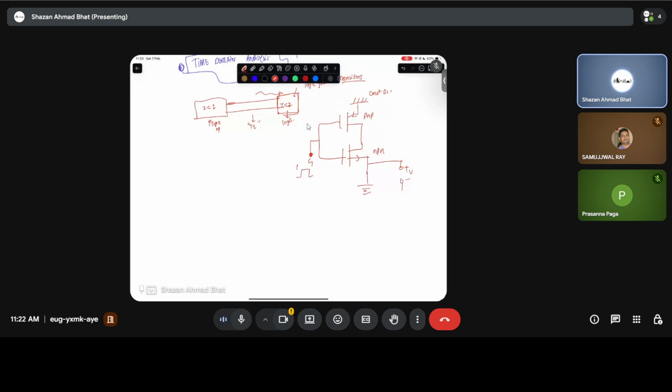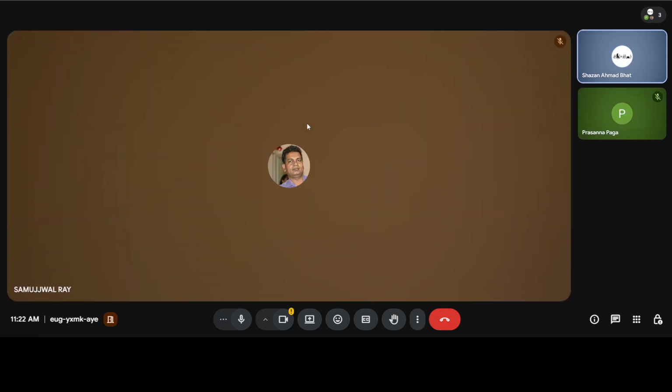Now, what happens when you compute the output at the load end, there is basically the load resistance, then there is a load capacitance which comes into picture. This is the load resistance, this is the load capacitance. Why does it come into picture? Because it comes from the inherent nature of the transistor. You know, a transistor looks something like this. If you talk about a BJT even, this is a source, this is a drain, this is the,